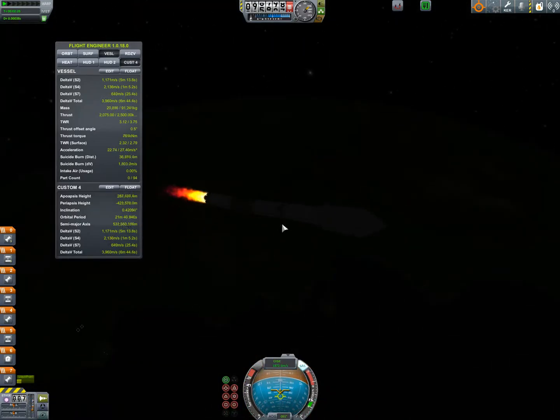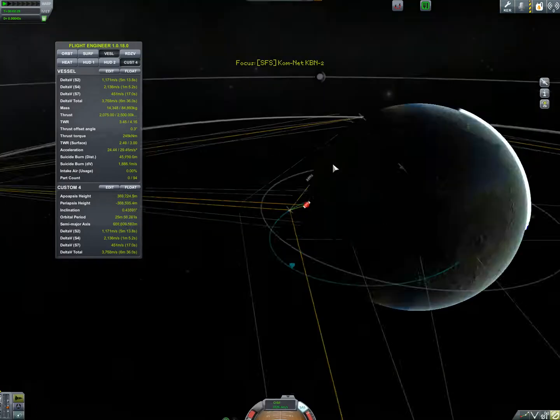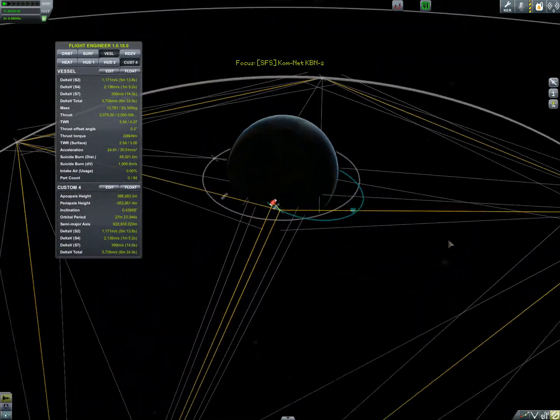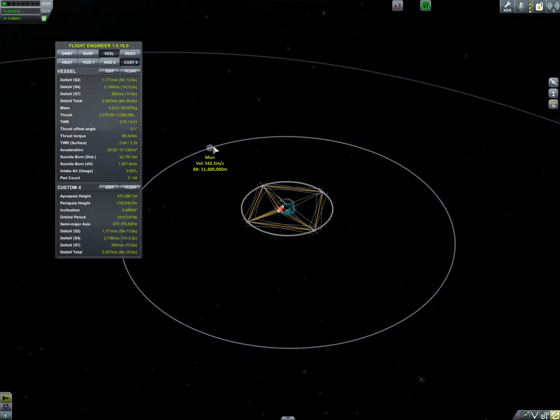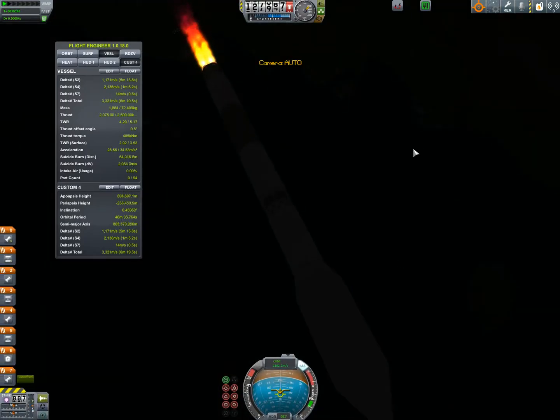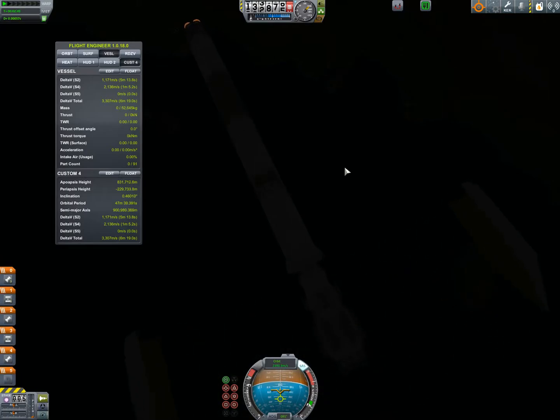So in KSP, it really only factors in the vessel and the planet it's orbiting. So unless you're in something else's sphere of influence, so unless you move to the moon's sphere of influence, the moon has zero gravity. As far as this vessel is concerned, in its reference frame, the moon's gravity is zero. Which is a bit silly, but...